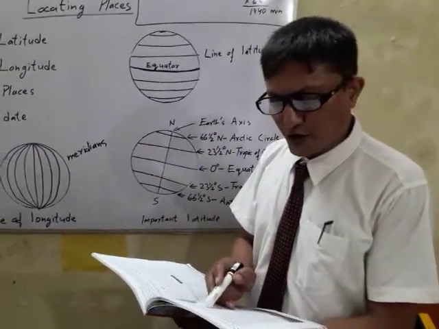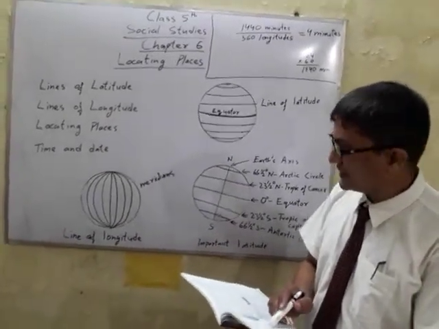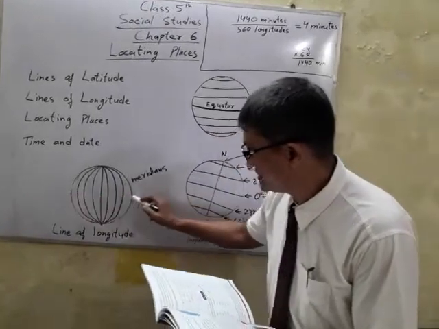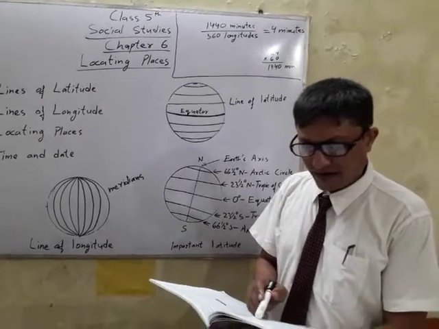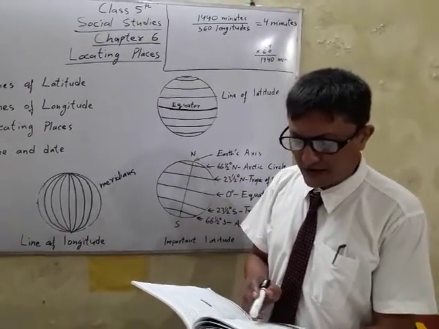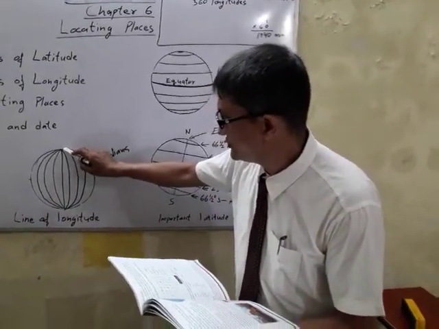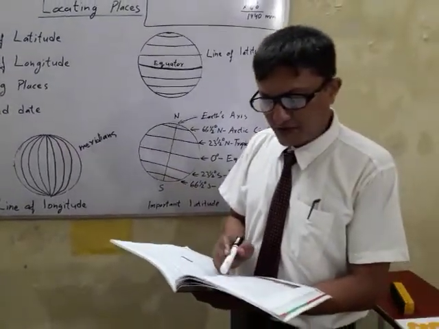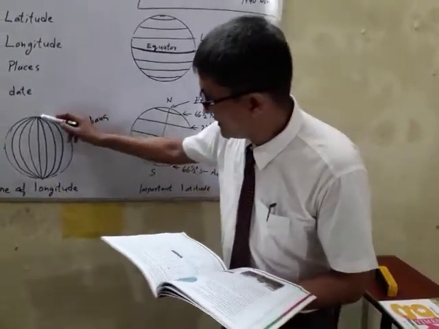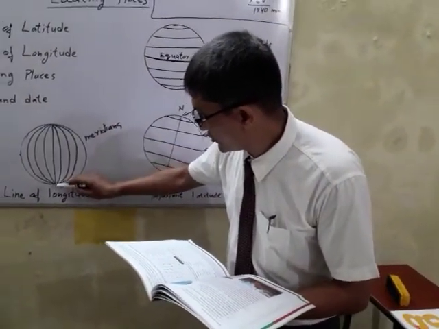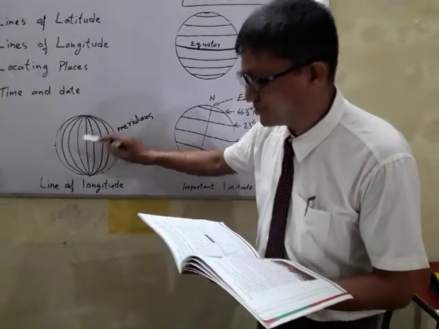The distance between two longitudes is almost 111 kilometers at the equator. But they converge at the poles. The distance between them becomes 0 at this point. The distance between longitudes keeps decreasing as we move north and south of the equator. The distance at the poles is 0 kilometers, and at the equator it is 111 kilometers.